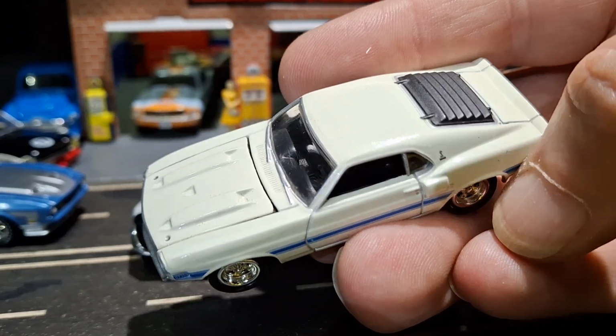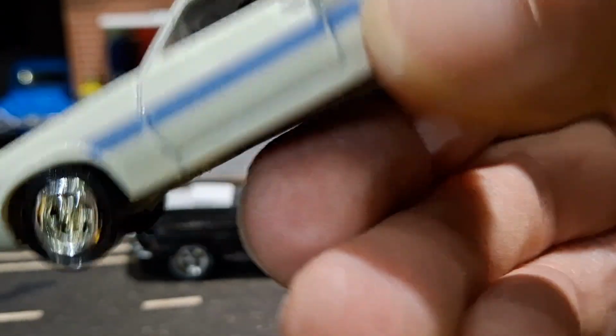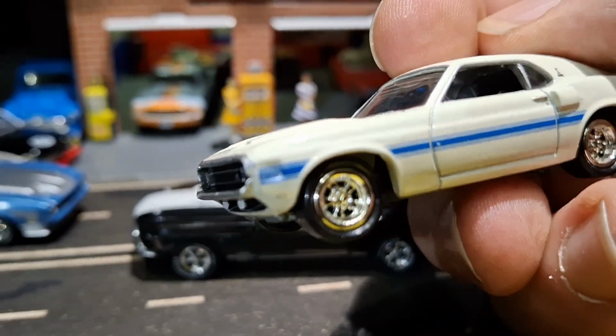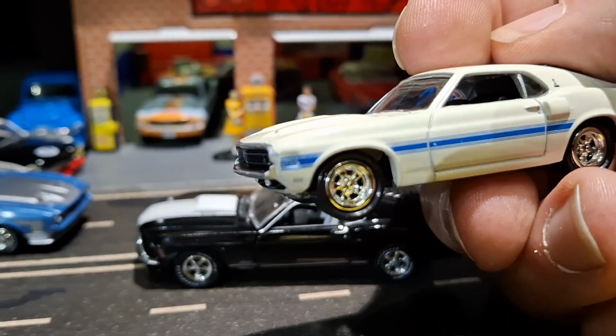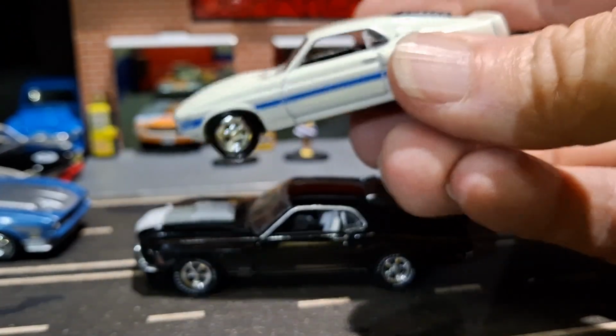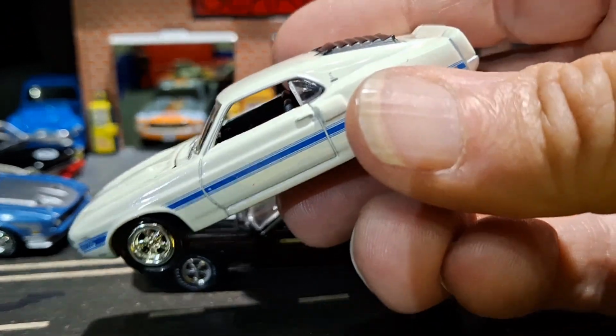69 Shelby Cobra GT500. It better be a GT500 or I'm gonna be pissed. What is it? Come on. Tell us what you are. I don't know. Anyway, if you wanted to buy a Shelby and you were like 20 years old, this was